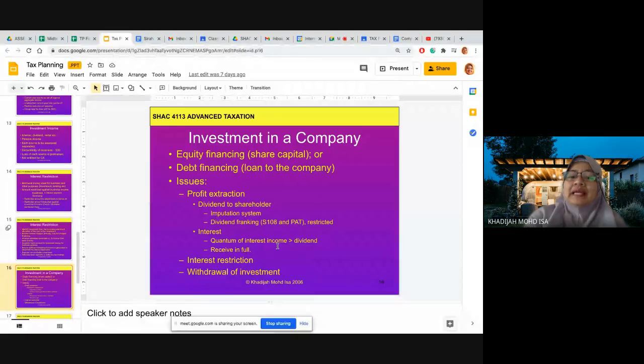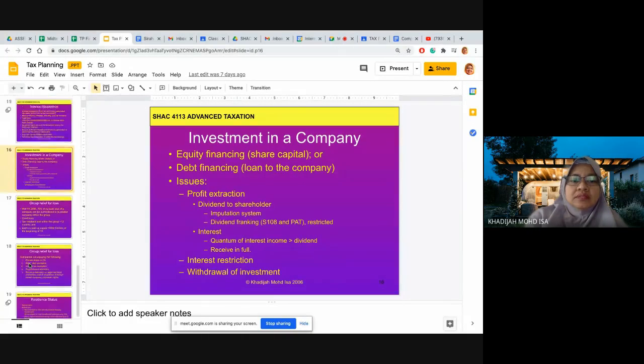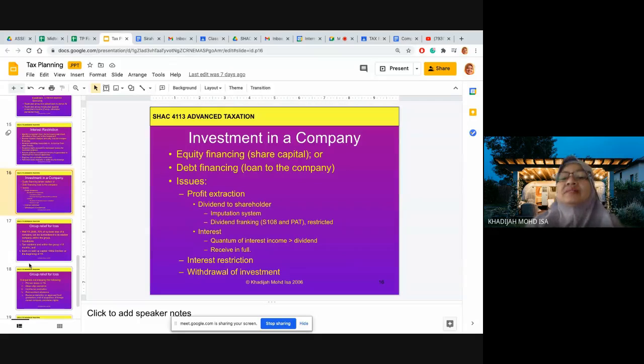Investment in company, I think that this among the last slide. Oh, macam banyak je lagi few more. Yeah, investment in company,